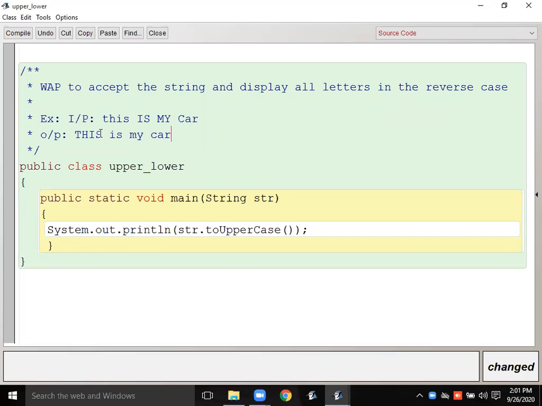Okay, this is my car, cAR. This is also known as toggle case. Toggle case means what is capital becomes lower, and what is lower becomes capital.